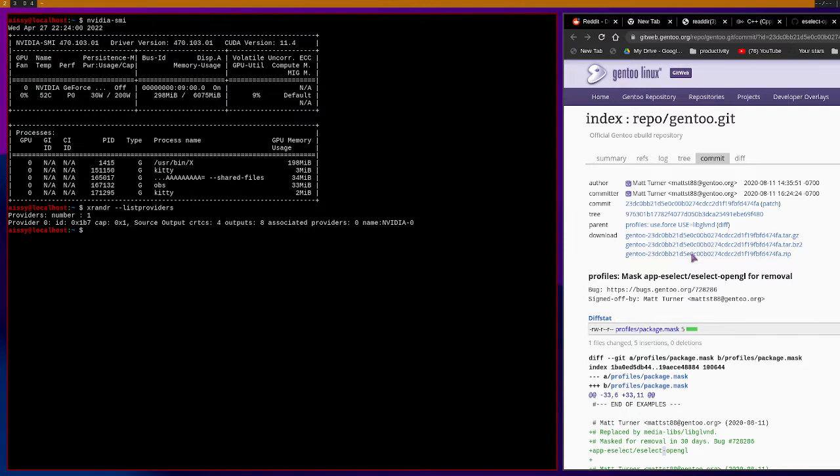you would see that there is only one provider, that is NVIDIA. But you could select which provider to use by creating a symlink, and you can do that with eselect OpenGL. Help, we can see, excuse me for the password, I typed it wrong,